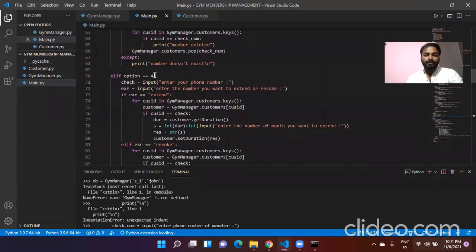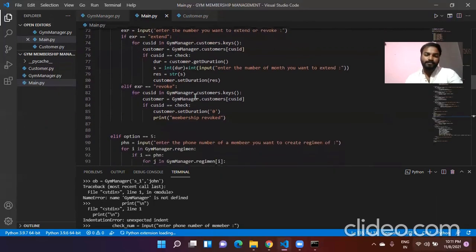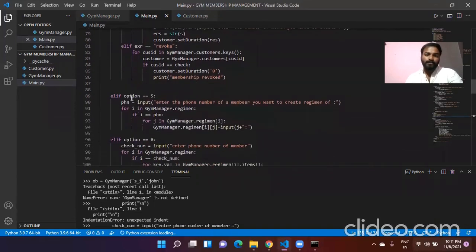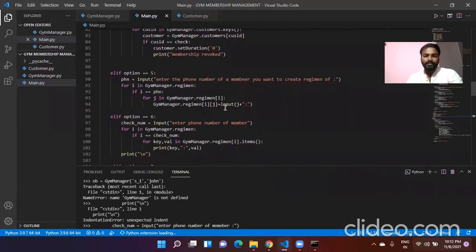And here option 4 will give you the details of update, extend and revoke. With this line of code, we can update, extend or revoke the members. Option 5 shows that we can create a regimen, like a Sunday, day-wise workout chart.